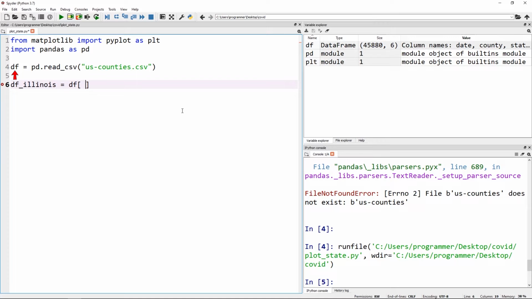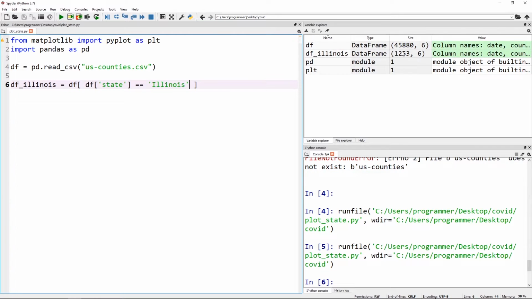And then inside of that data frame, I'm going to tell it what I want. So in this case, I want to look at the data frame state column, and I'm going to use syntax very similar to a list. Inside of the square brackets, I'm going to paste the string that I want to grab out. Well, it's kind of like a dictionary almost, like the key value here. And then I'm going to say I want that to equal, and I'm going to use the comparison operator, so two equal signs, and I'm going to say I want it to equal Illinois. Now, if I run this again, you'll notice that I have a new data frame here, df_Illinois,